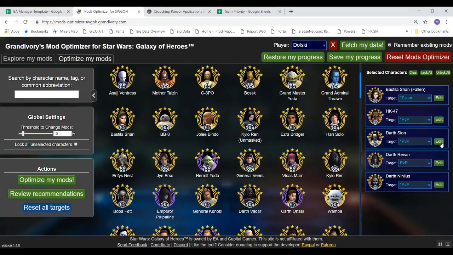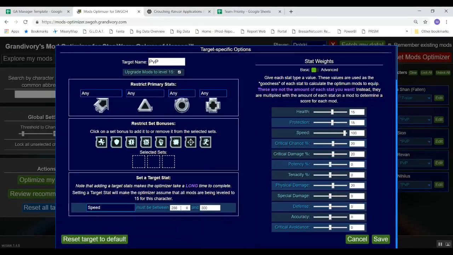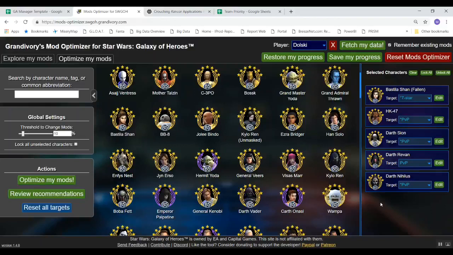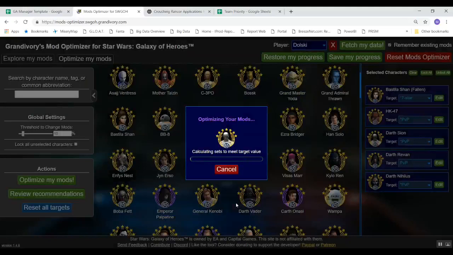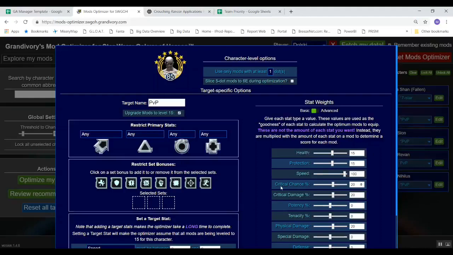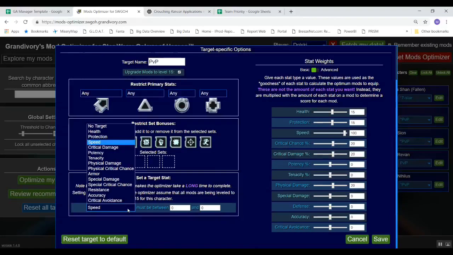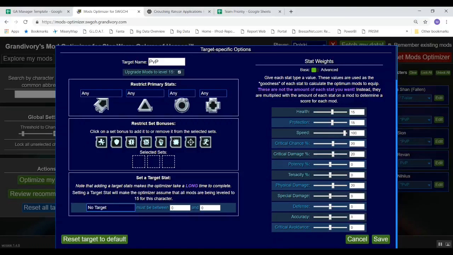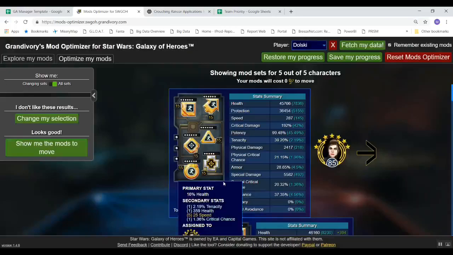actually, let me just pull that out of here for a second. It does take a while when you set these specific targets, so don't do it for every toon. It's unnecessary. But I got him out of there. Now I can quickly, did not save that? Right. Okay, so